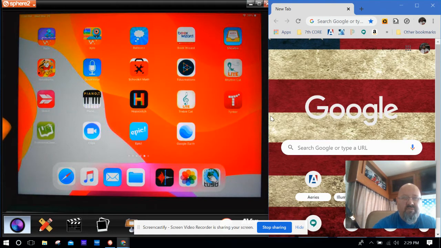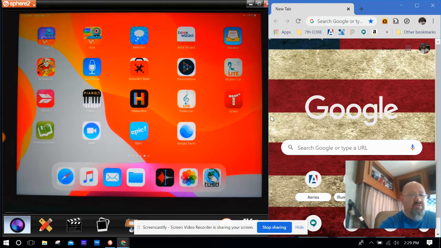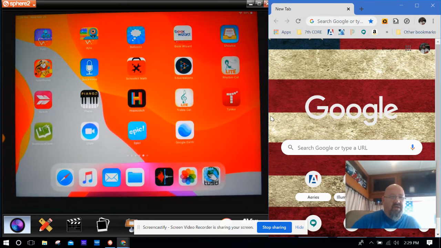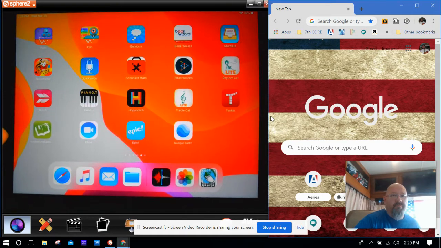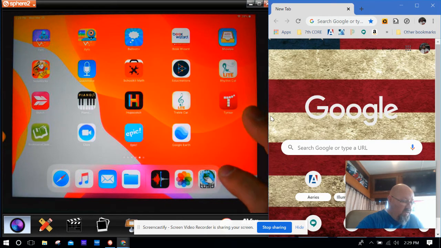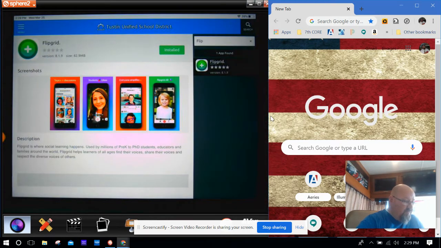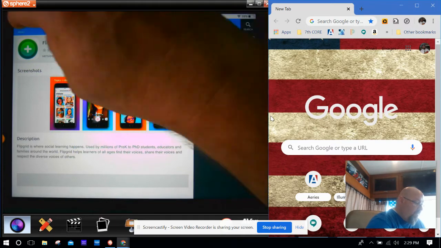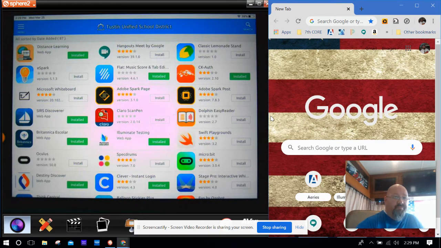Okay, good afternoon. So, what we have here is a little tutorial on working with TUSD App Store. Now, I know part of the issue is anytime we work with TUSD App Store, we're going to have some glitchy issues. So, I've got you here looking at an iPad, and this is a student iPad. And so, when we open the TUSD App Store, it takes us here, and we have all of our